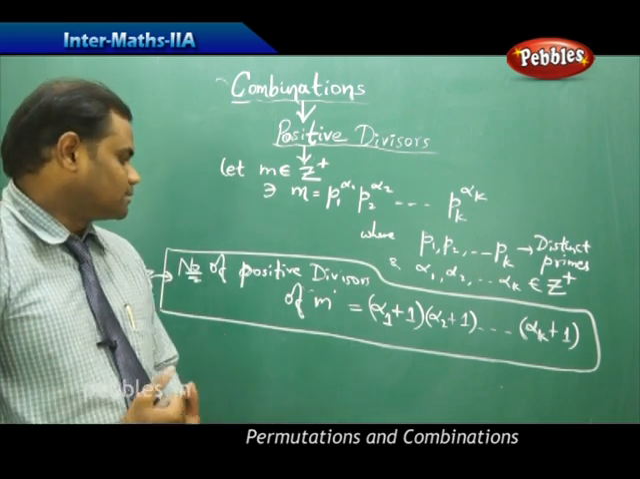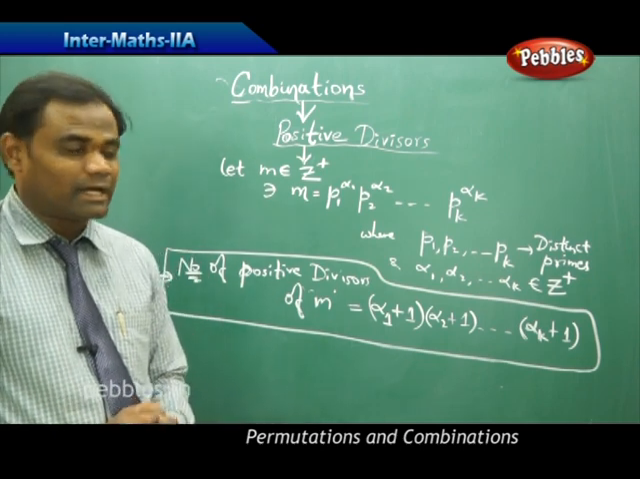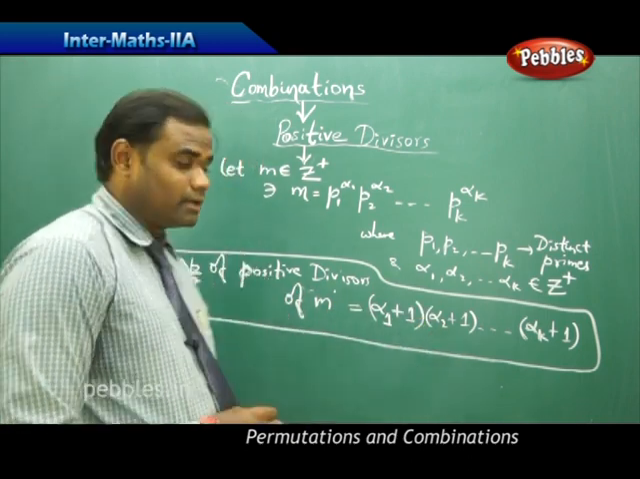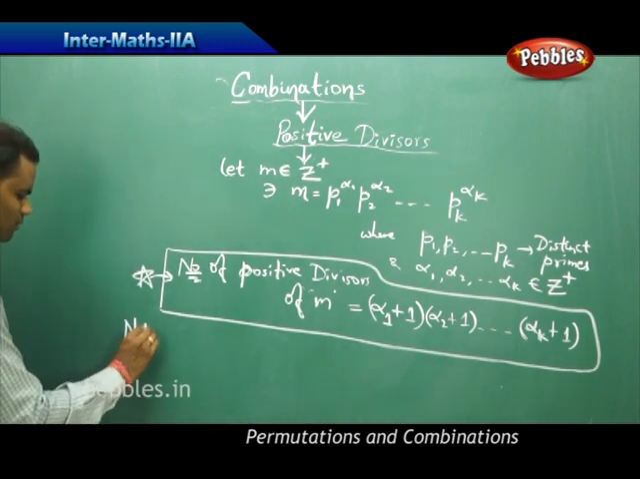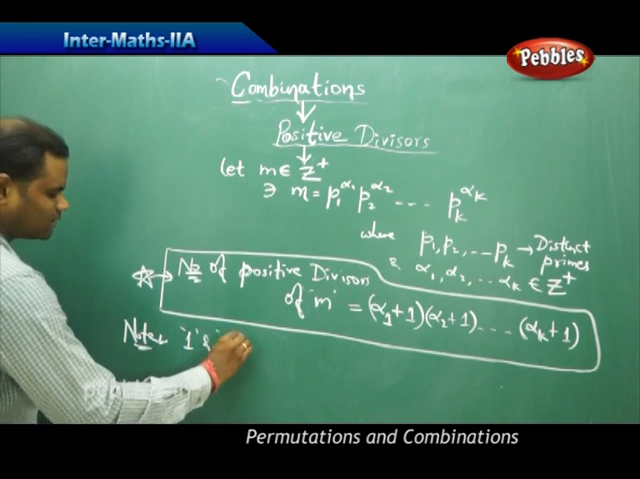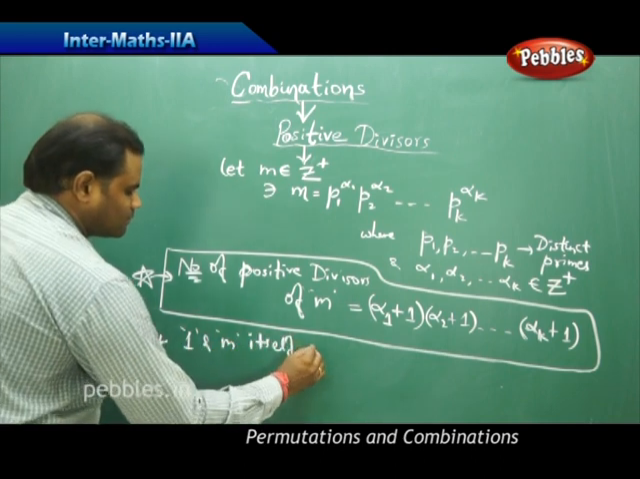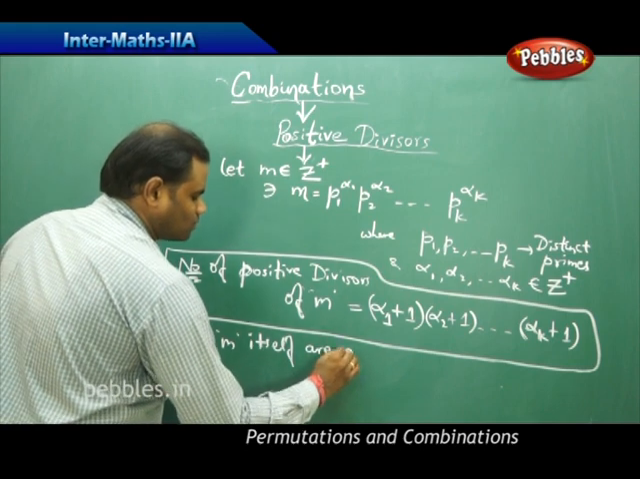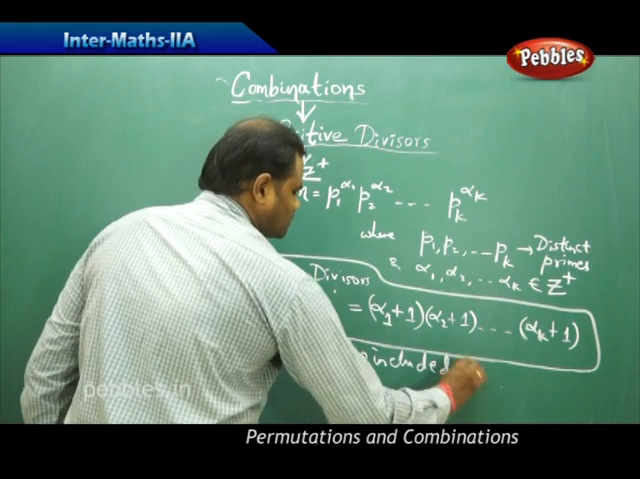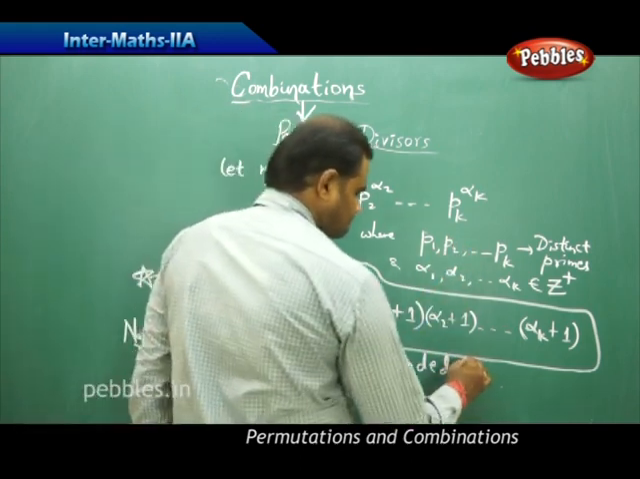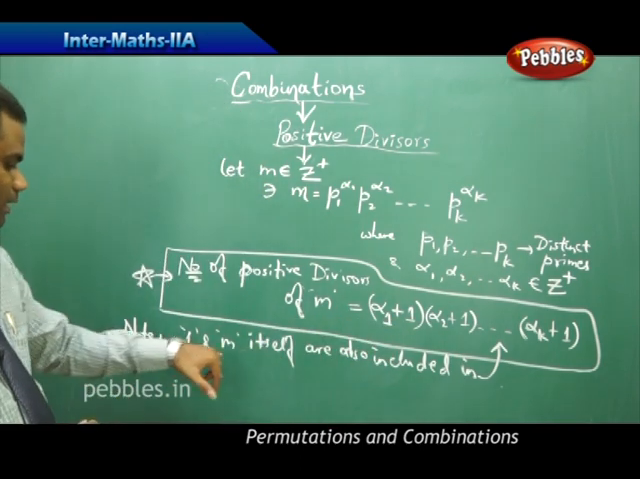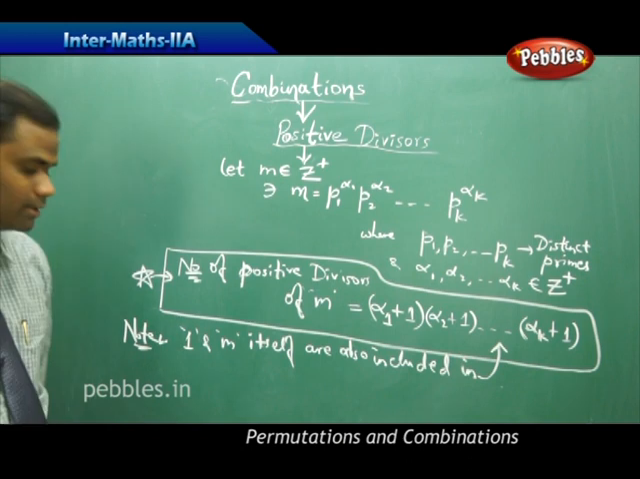This is how we get the number of positive divisors. Note that the trivial divisors, 1 and the number itself, are included in this. It is a very important note that 1 and m itself are also included in this product. That is, in the number of divisors, 1 and m itself are also included, and